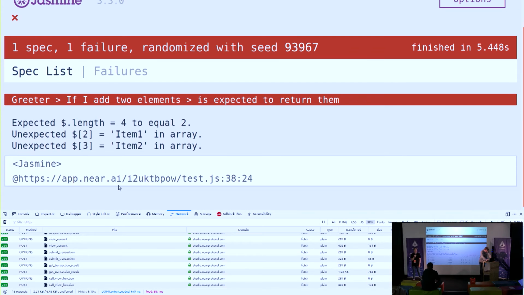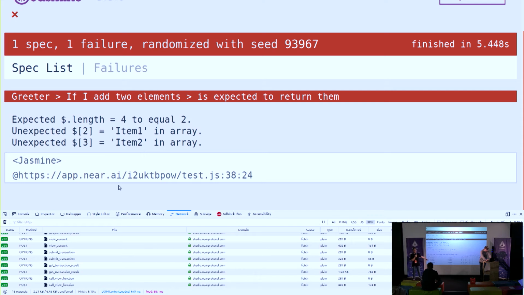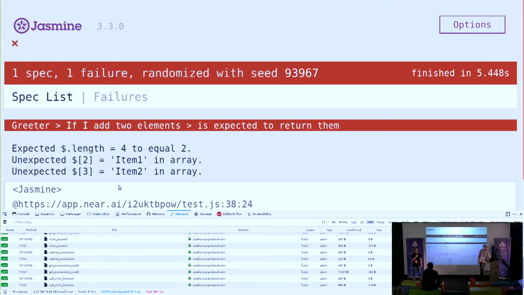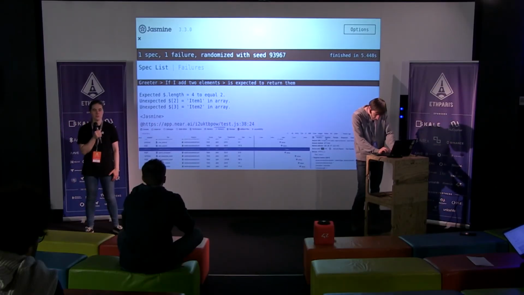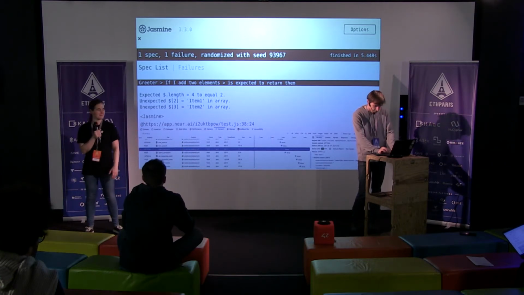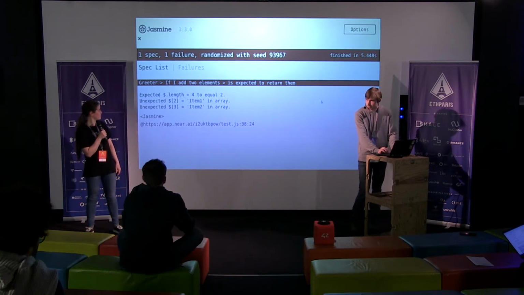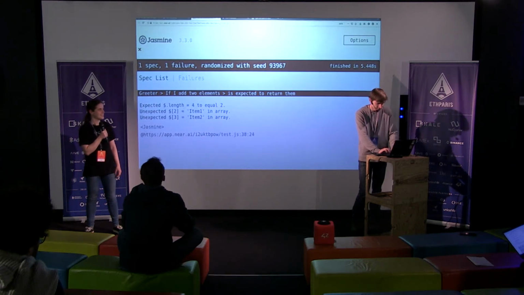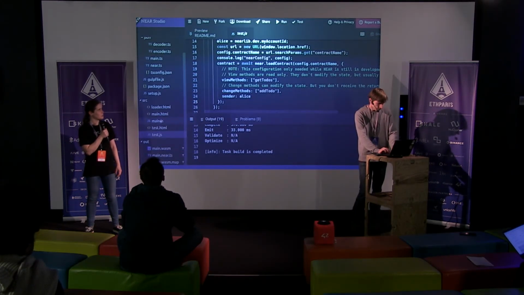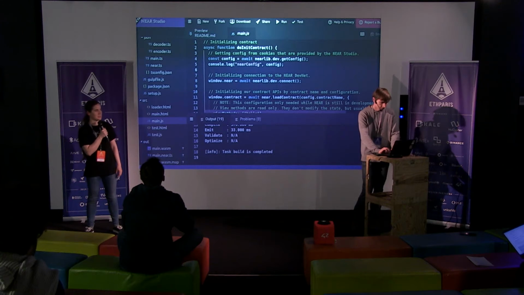If you're really into low-level hacking, you can look at the request and see what's going on there. It's just sending a bunch of bytes because there's some stuff in between, so you're not going to get too much out of it, but you can figure out which URL we're hosting this stuff on. Now it fails because we did not redeploy, so the state is not erased. It now has 4 elements instead of 2. That is sort of expected. You're supposed to click test every time.